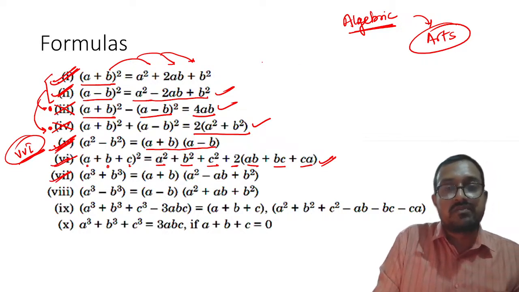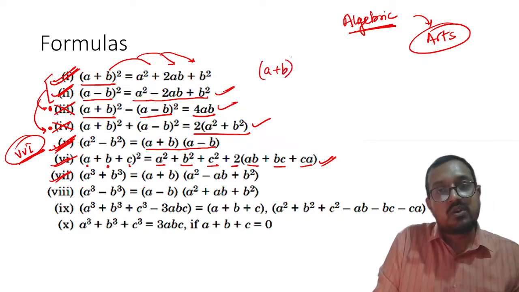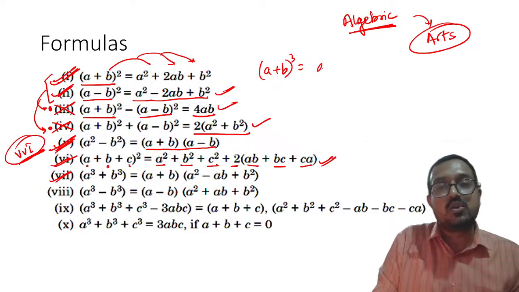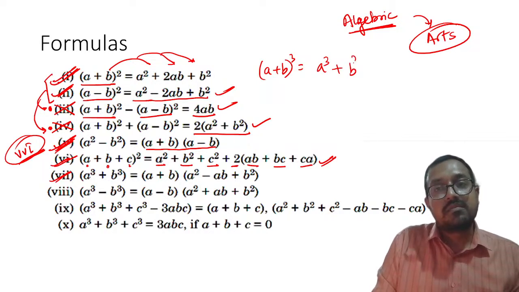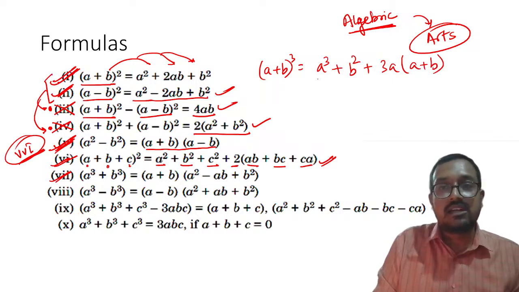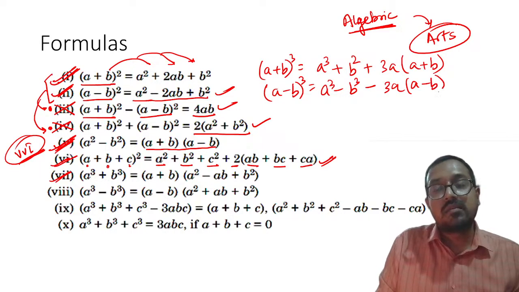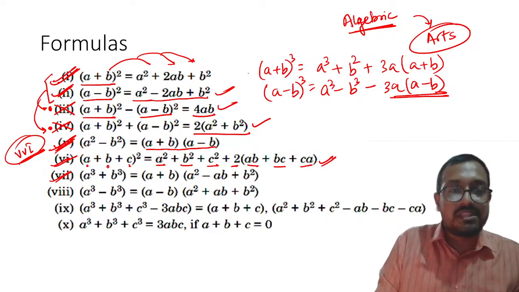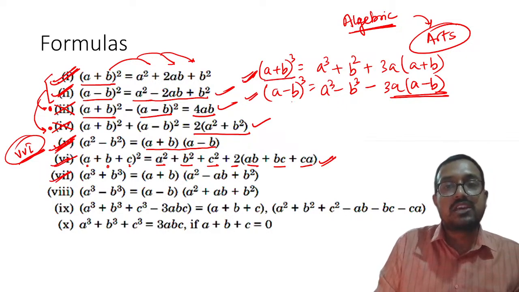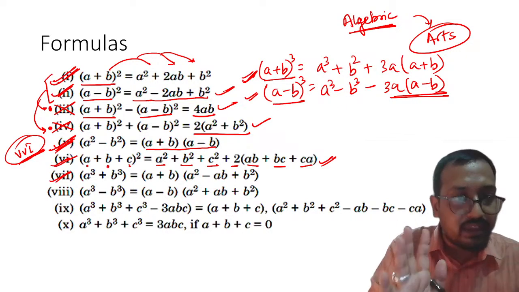Then there is another equation which I feel you all should note down, because that is not there. a plus b whole cube is equal to a cube plus b cube plus 3ab in bracket a plus b. Understood this thing? a minus b whole cube is equal to a cube minus b cube minus 3ab into a minus b. Understood? So please remember, these two are extremely important. Is it clear? a plus b whole cube and a minus b whole cube. Again, I had told you.